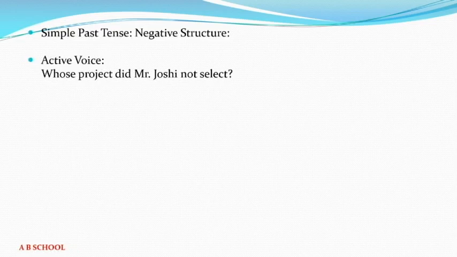Now you ask the verb select, who's going to do this action? Select. And the answer you get is Mr. Joshi. So that is the subject of the sentence. So this word will go at the end of the sentence with by. Okay. Then next we take select what. Ask what to the verb and you get object. Select project. And that word, like the previous sentence, is ahead with whose. Now we keep this whose project as they are. Okay. So that is the correlation of two words. Fine. And we are not going to touch this particular correlation. So now we have got everything we require,